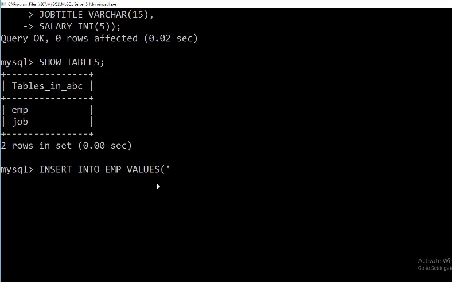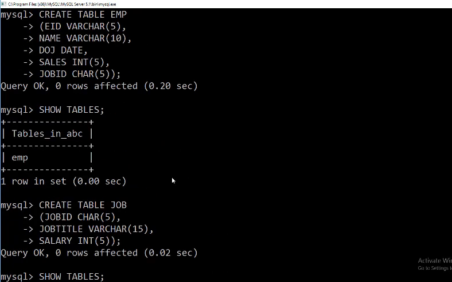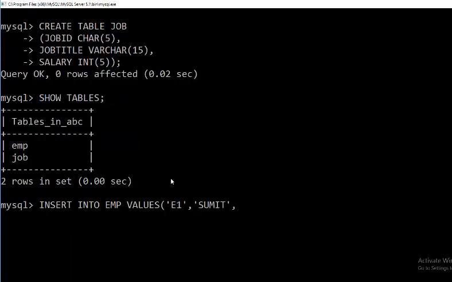Let it be E1, then name, suppose this is the name. The next column was date of joining and sales. Date of joining will also be enclosed within quotes. So date is written in this format: year, month, and then day.